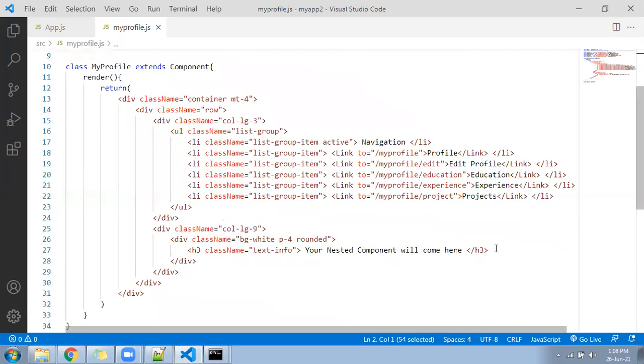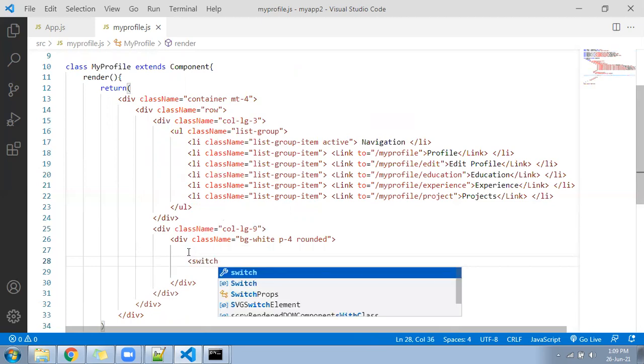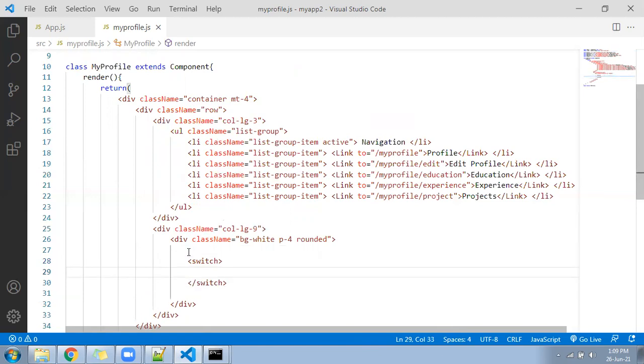After that, let's go to the right side section. That is called col-9. Inside the col-9, now write a switch. And inside the switch, you are going to write the route again.